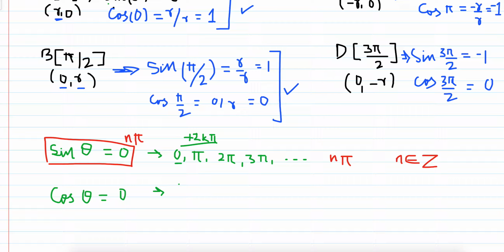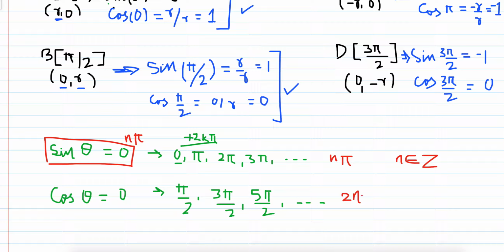Cos theta is 0 at pi by 2, 3 pi by 2, then 5 pi by 2, then 7 pi by 2, and so on. So the generic term in the top, it's 1, 3, 5 pi, all the odd multiples of pi. So we can write